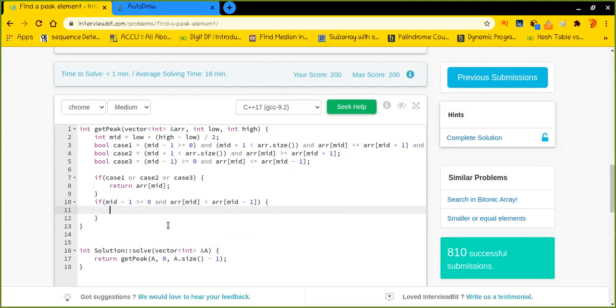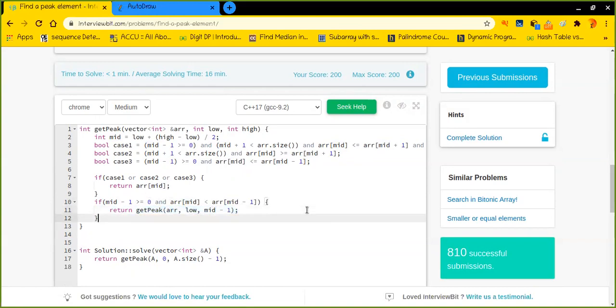And if this is basically lesser than its left, then I have to obviously consider the left segment. So how can I check that? I can simply do that by applying low and mid minus 1. Perfect. I hope it is pretty much fine to you.